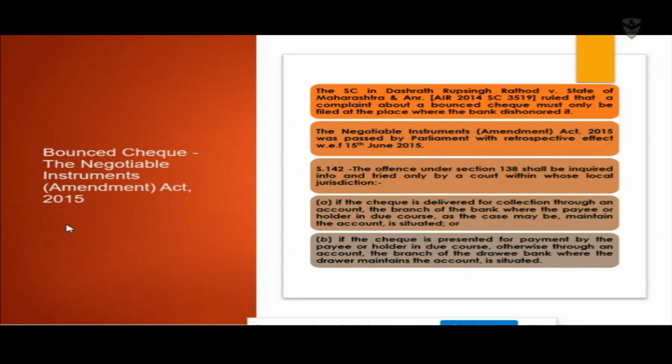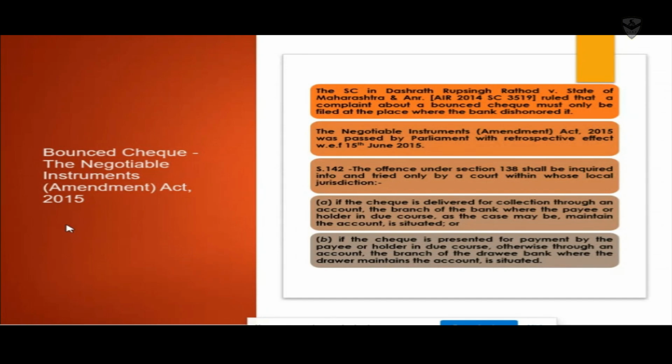They may go to the place in Bombay or in Chennai. They will present the checks there, and they will file a case there. So the person who was given the check in Kerala has to travel all the way to Bombay or Chennai to fight the case. So that created a lot of confusion in the banking sector, and subsequently the NI Act